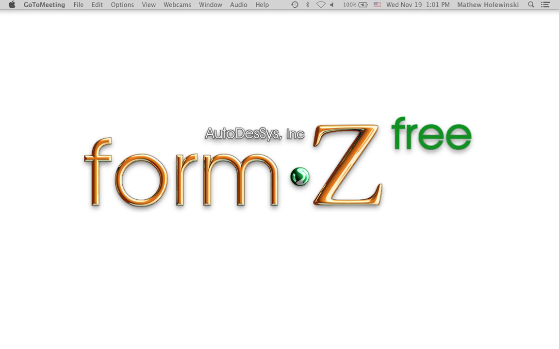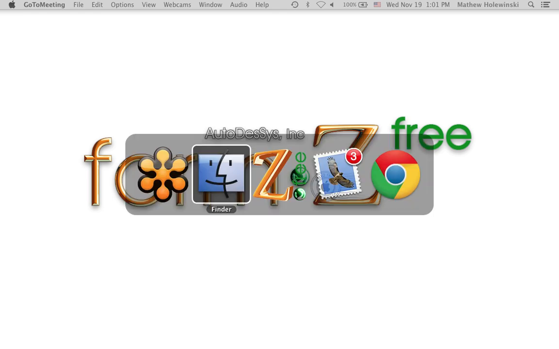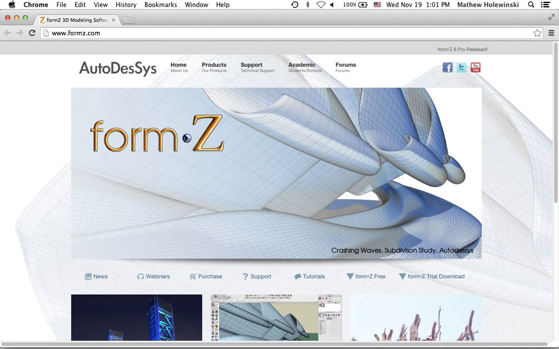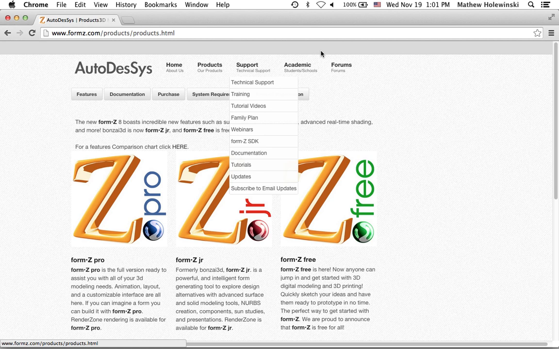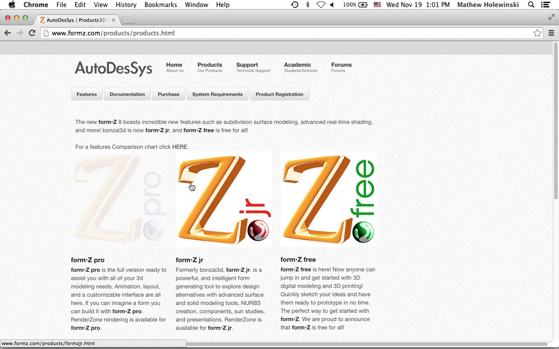In this presentation today, we'll be looking at what you can do with formZ Free, which is a very exciting new addition to the formZ product line. If you go to our website at formz.com, and if you click on the product section here, you'll see that formZ basically comes in three flavors: Pro, Junior,